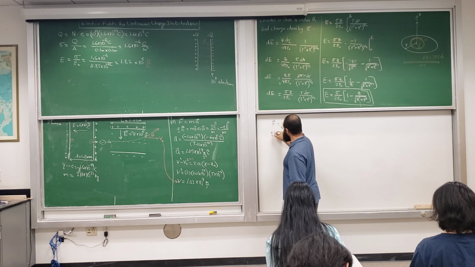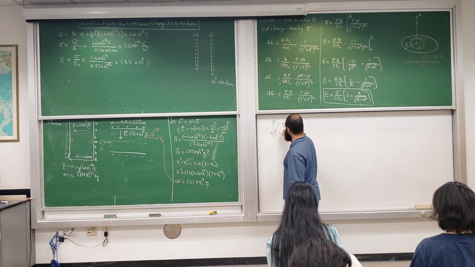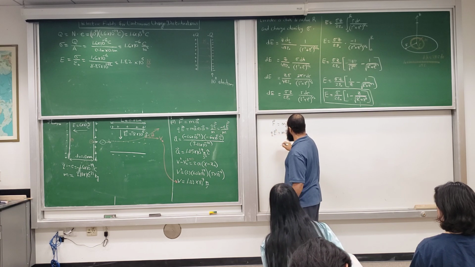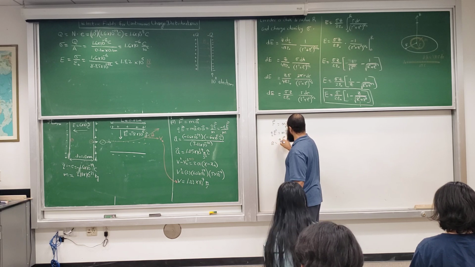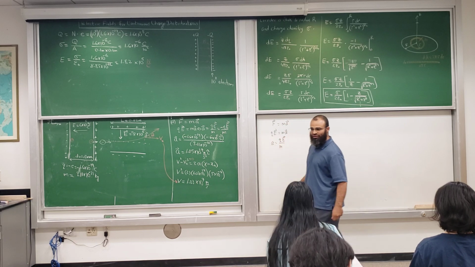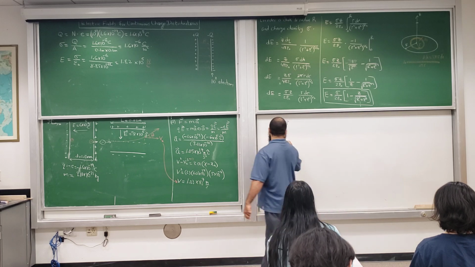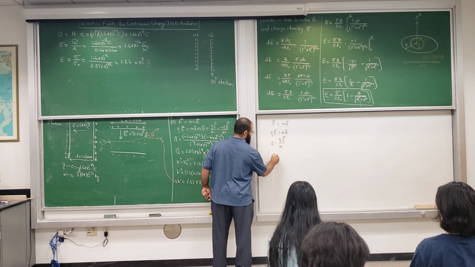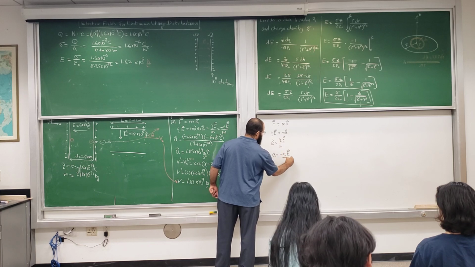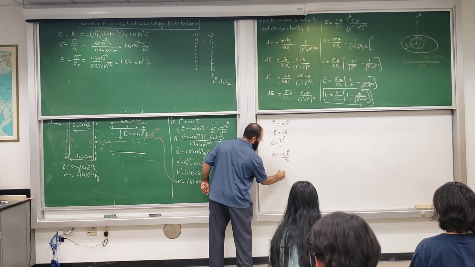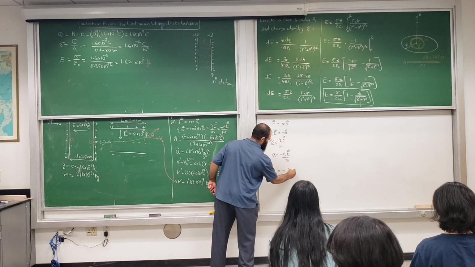The force is Q times the electric field, which equals the mass times the acceleration. So the acceleration is Q times E divided by M. We did this earlier. Since the charge is negative, we get minus e capital E over m. And so we plug in the numbers, minus 1.6 times 10 to the